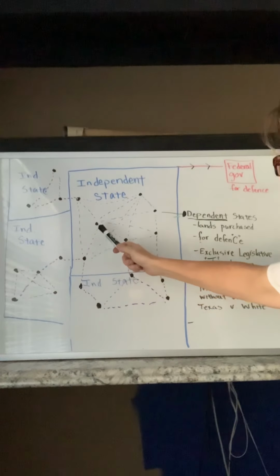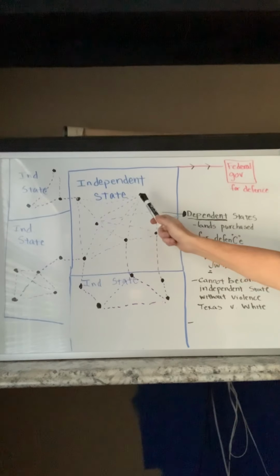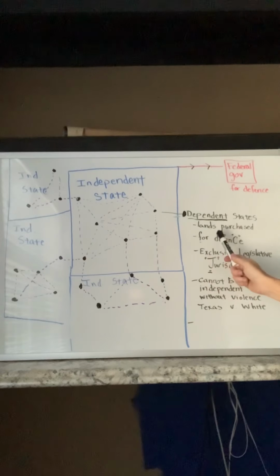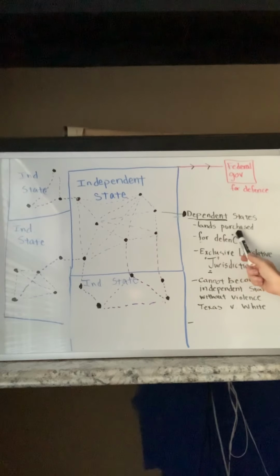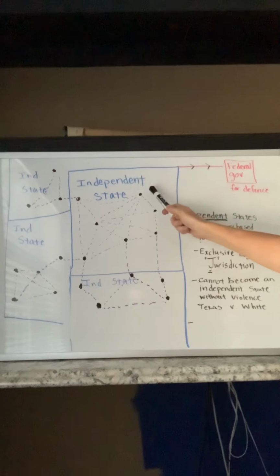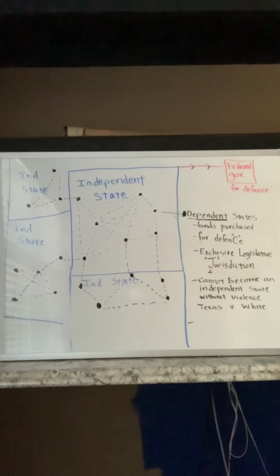Now these dependent states are federal lands. These federal lands were purchased by the federal government from the independent state. They were purchased in accordance to the contract called the Constitution for defense purposes. I want to show you